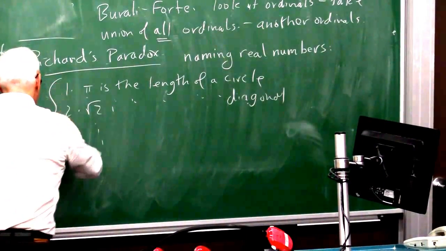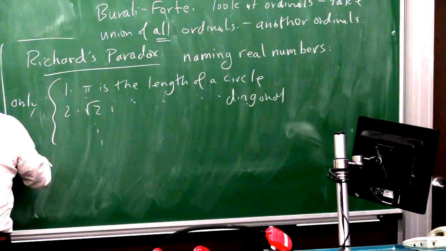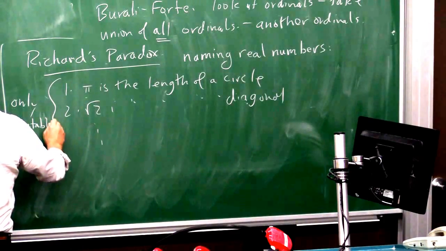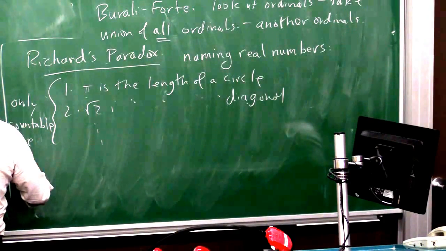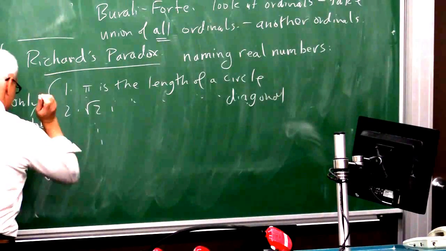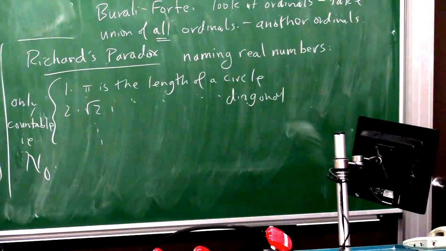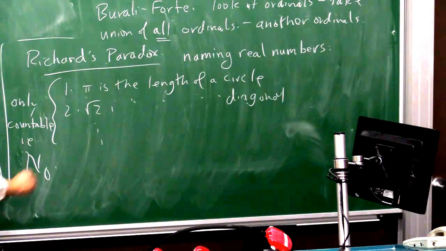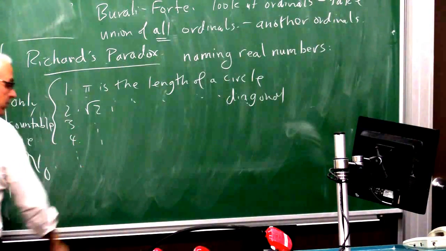Because they are only countable. Countable means the same size as the natural numbers. The reason is because there's only a finite number of texts of a given size. If we're talking about texts with 30 elements, then there's a certain finite number of such things, and with 31 elements, another finite number. And so you can list all those possibilities with some big dictionary that just keeps on going. But the point is you can list them: 1, 2, 3, 4.